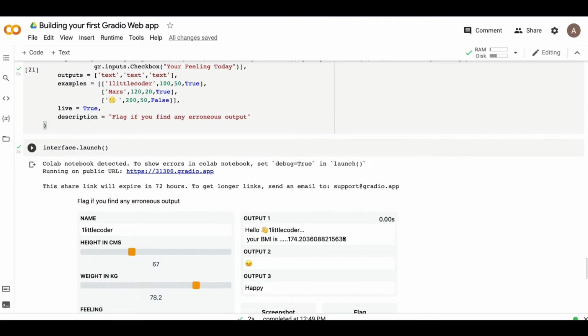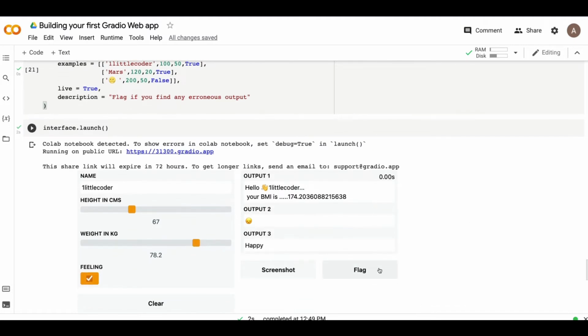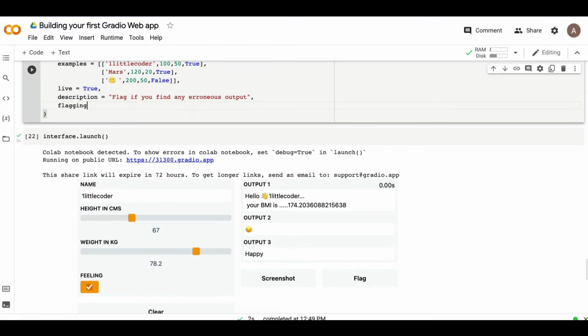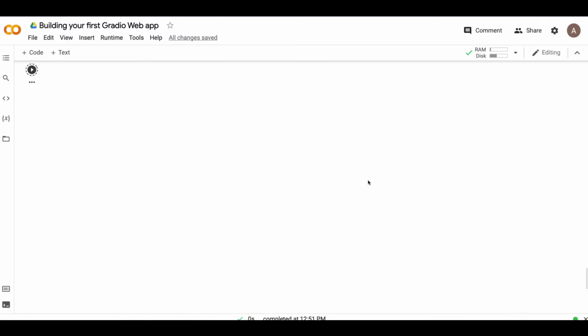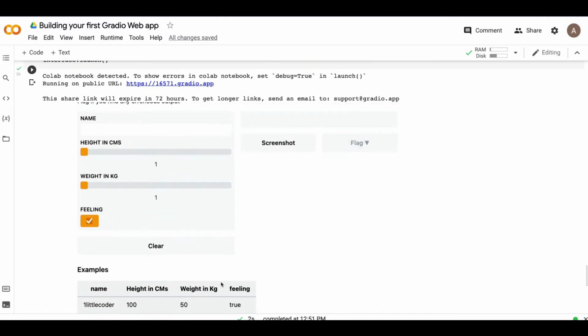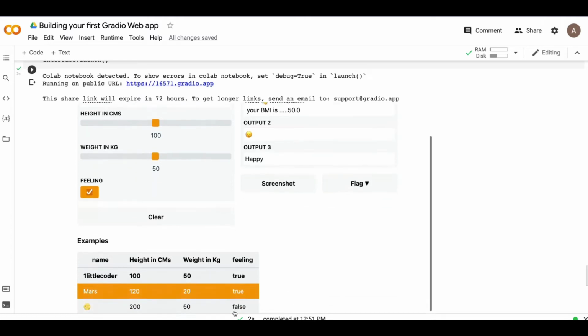The next way to improve user experience is, we discussed in the previous section about flagging. Flagging can also have multiple options. For example, instead of just simple flagging, we can set flagging options equal to yes, no, maybe, something like that, and then run it. Now when you run this, you can actually see the flagging options. Let me click this, and you have 3 flagging options. All you have to do is hover your mouse on it. So yes, no, maybe, and these values might also get recorded.